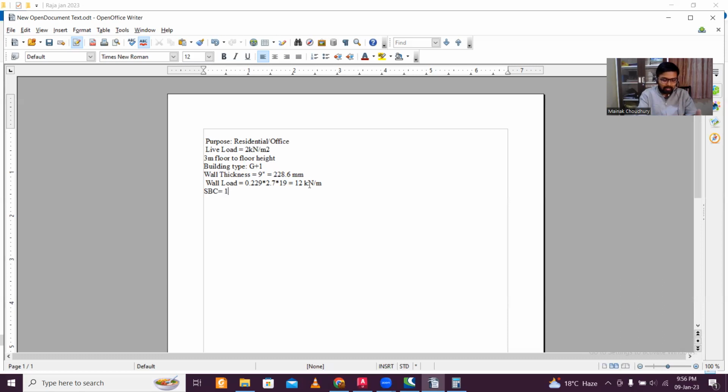So I'm going to just take an SBC of 130 kilonewton per meter square. This is the SBC which I'm going to take, and for the depth of foundation also, since we don't have the soil test report, as per experience, I'm going to provide the depth of foundation as 1 point